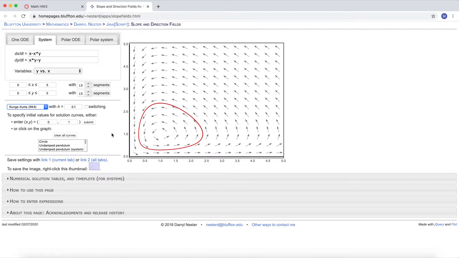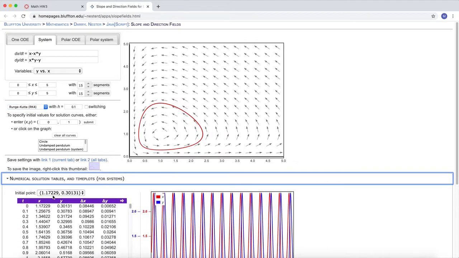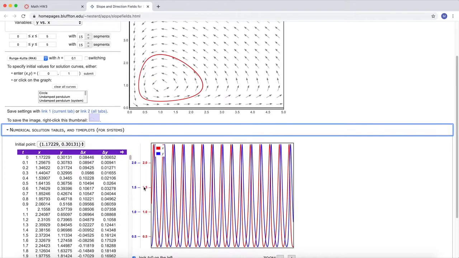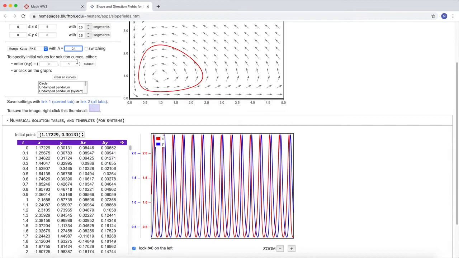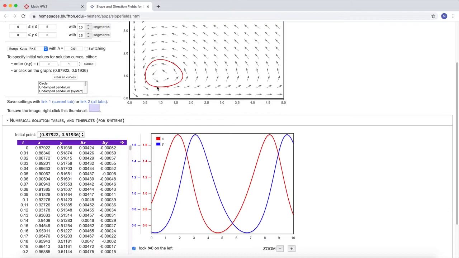Now, the other thing that's really cool about this website is that you have this other tab down here, numerical solution table, and you can see the time plots. Remember in my other video on trajectories, I was trying to go between the state space trajectory here and the vector field description, and then switch into the time series down here. Just so that we have a smaller time series, I'm going to change the DT back to 0.01, so that you can see down here in the time series I have less of a time domain that I'm working over.